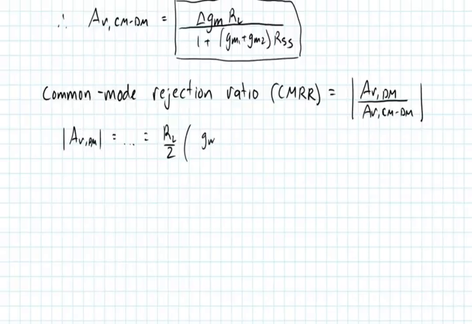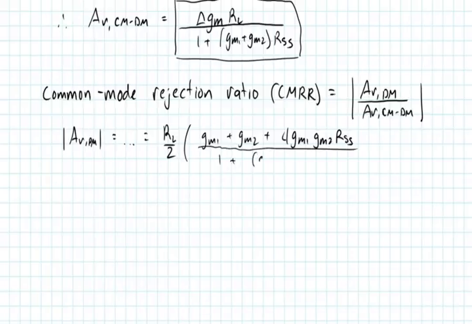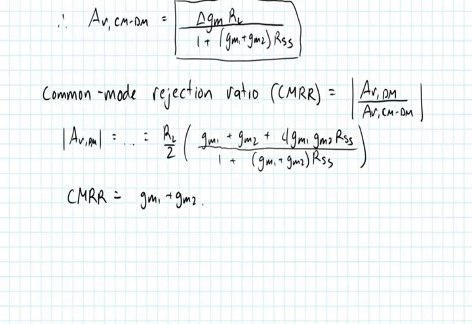condition, then what we say is it's GM1 plus GM2 plus 4 GM1 GM2 RSS, all divided by 1 plus GM1 plus GM2 RSS. Okay, so a familiar term on the denominator there. So we see then is that if we go ahead and take the ratio of this, CMRR is equal, and we simplify it, it's equal to GM1 plus GM2, these denominators cancel, plus 4 GM1 GM2 RSS, divided by